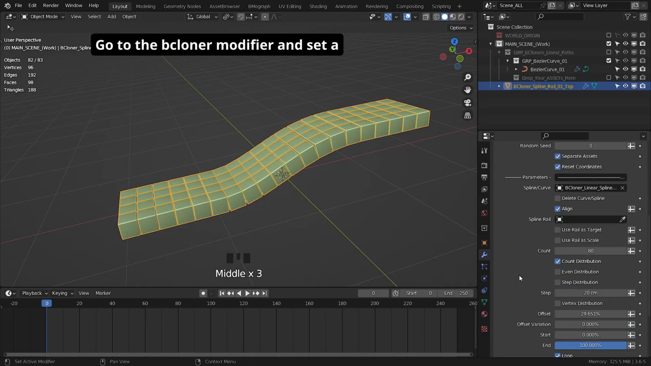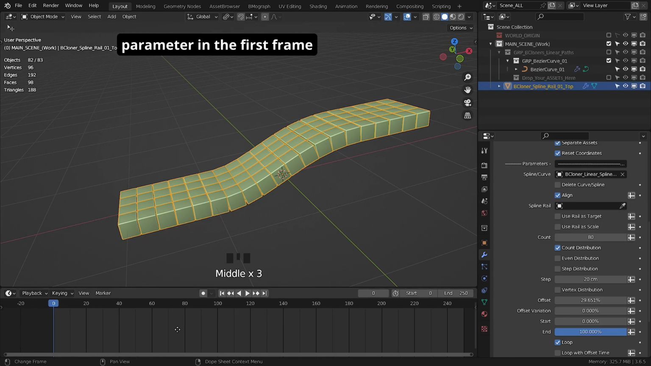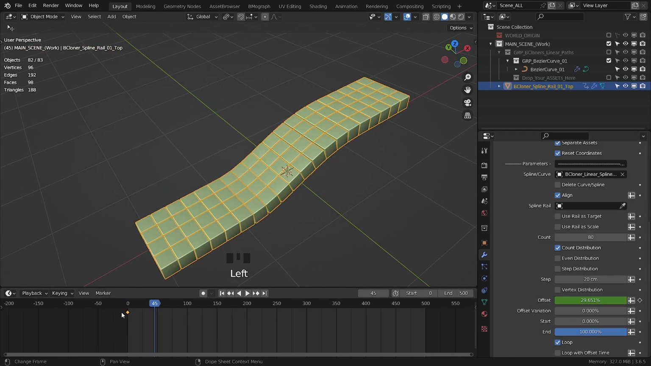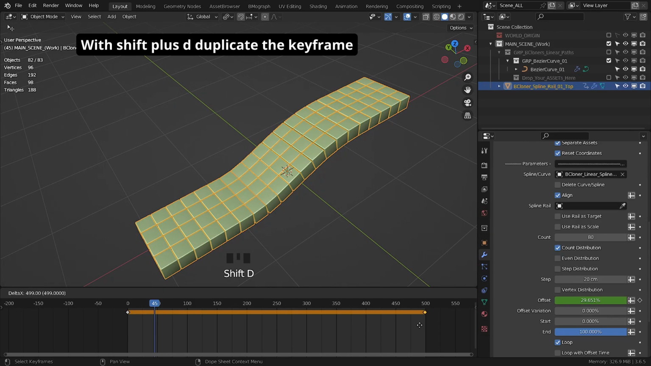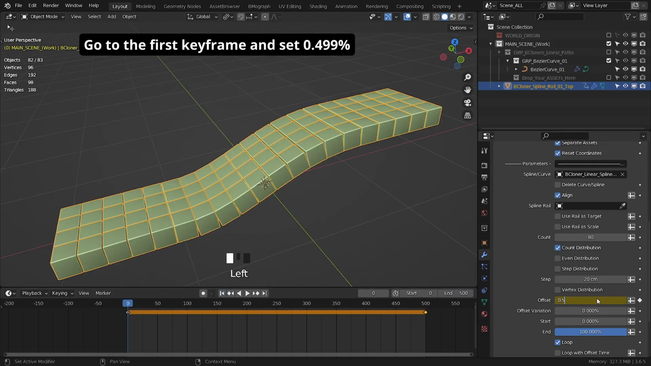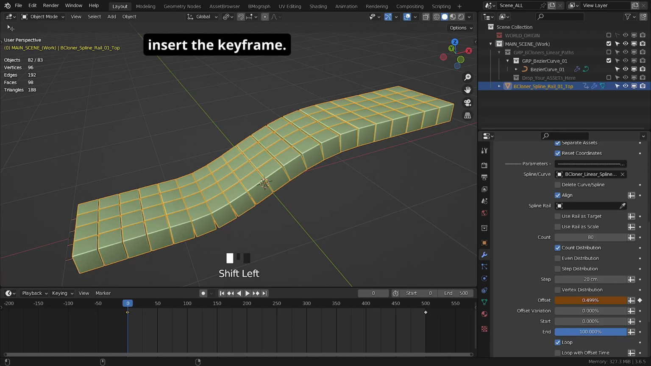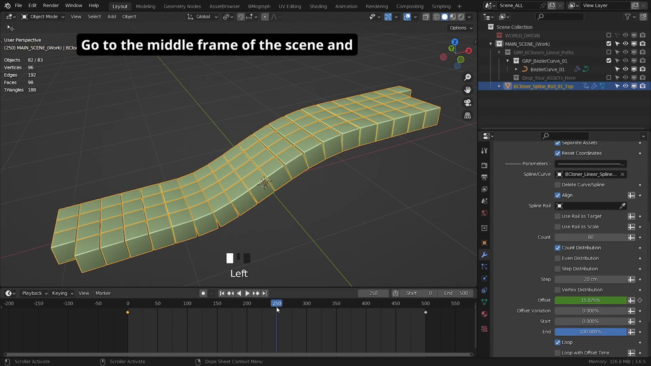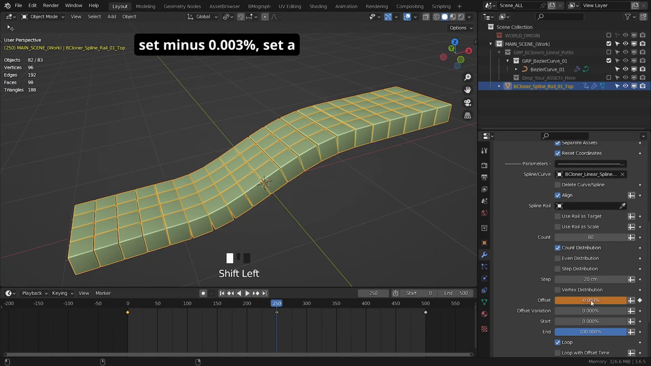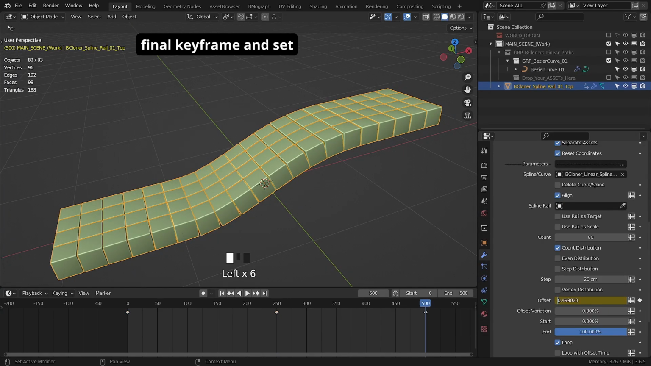Go to the bcloner modifier and set a keyframe in the offset parameter in the first frame of the scene. With Shift+D duplicate the keyframe to the end of the scene. Go to the first keyframe and set 0.4999%, insert the keyframe. Go to the middle frame of the scene and set -0.003%, set a keyframe and go to the final keyframe and set